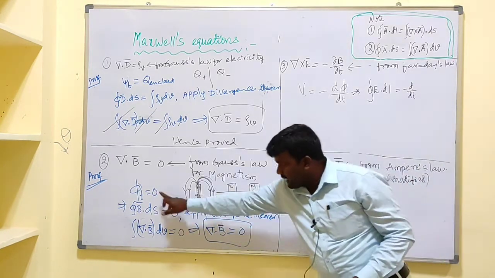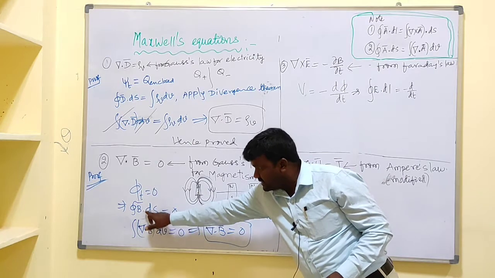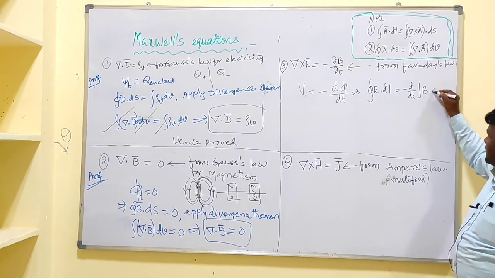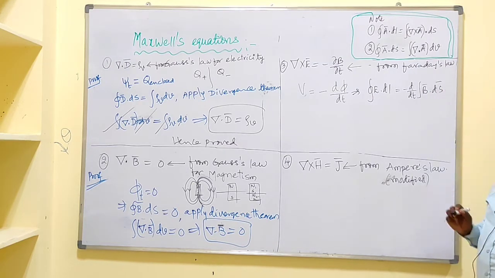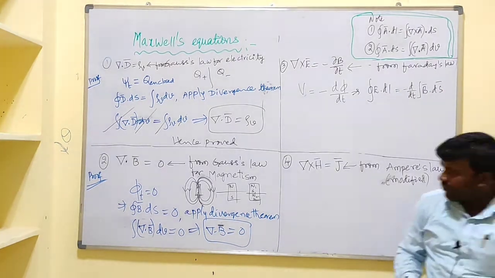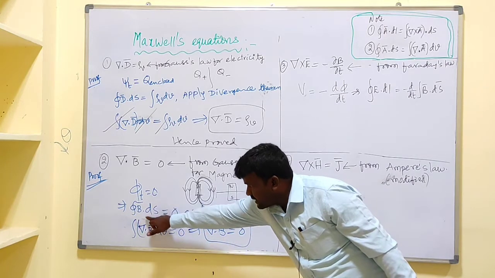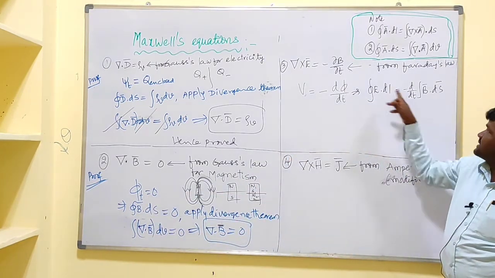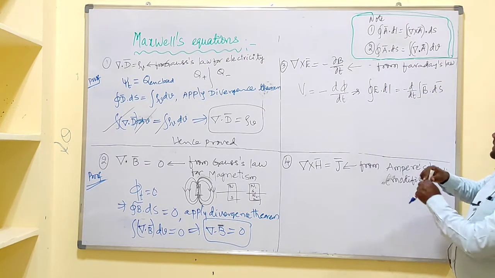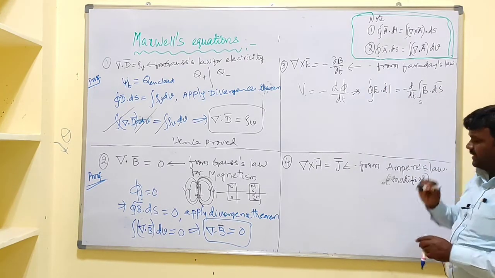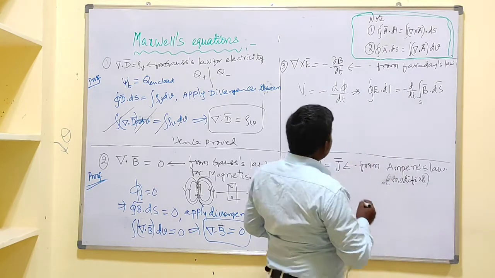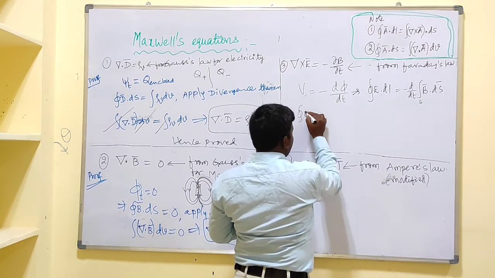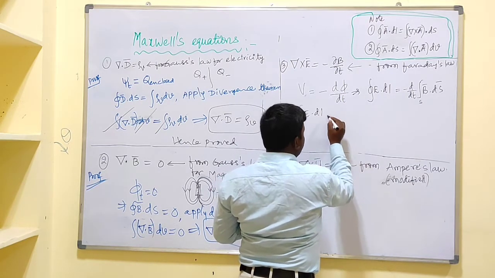We know that psi can be written as integral B dot ds. From this, psi can be written as what? Magnetic flux in terms of magnetic flux density can be written like this, that is integral B bar dot ds bar. Here you have what? Surface integral of magnetic flux density gives what? Magnetic flux. Of course, it is surface integral. Now, it implies what? Here I have closed line integral. Closed line integral of E is equal to what?